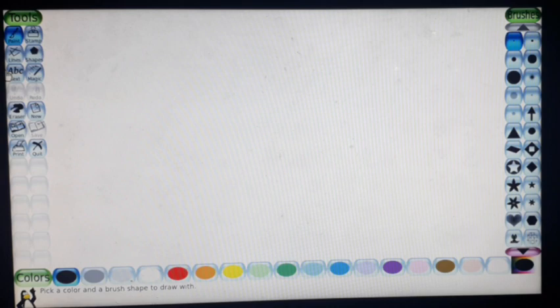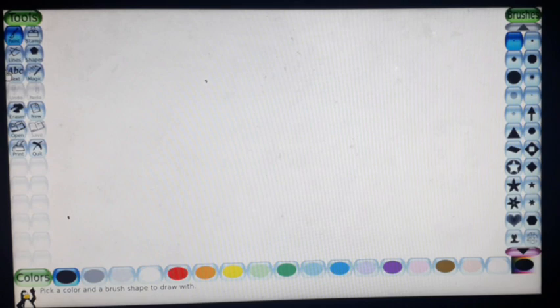It's the largest part of the screen where we can draw the pictures. Then selectors. They are present on the right side of the Tux Paint window. The selectors provide various options for the tool selected from the tool area. Then colors. A palette having different colors is shown at the bottom of the window. There are about 17 basic colors.